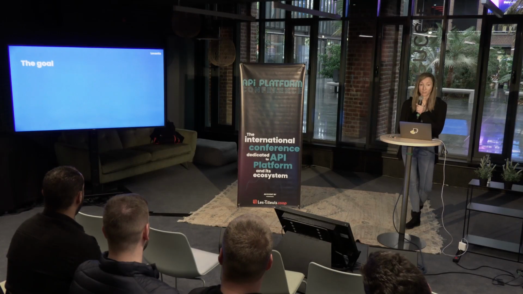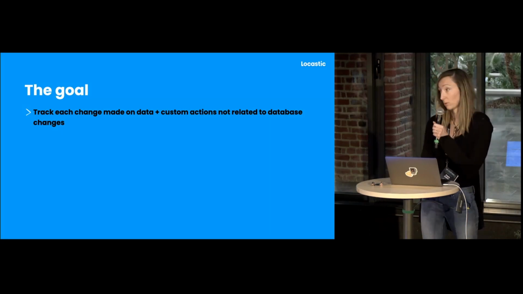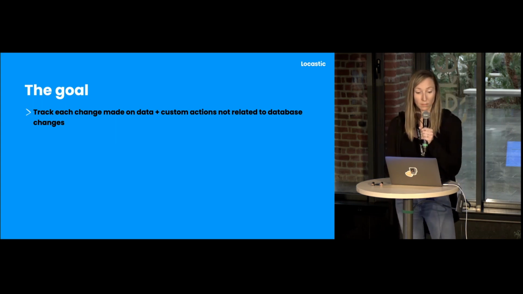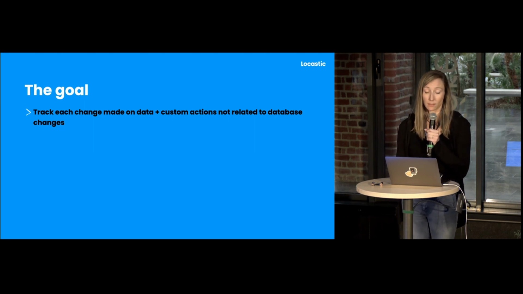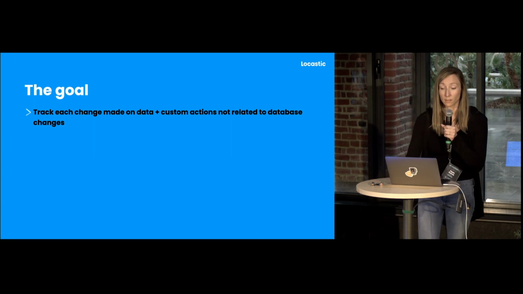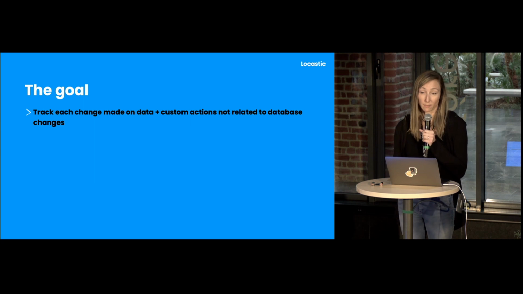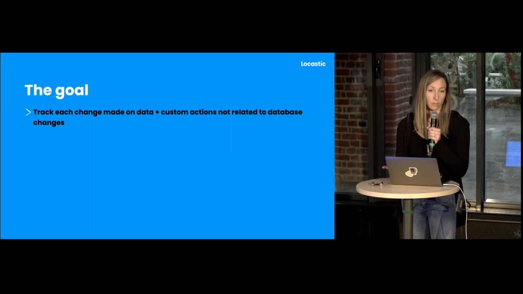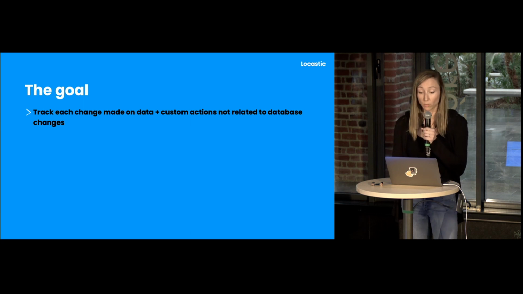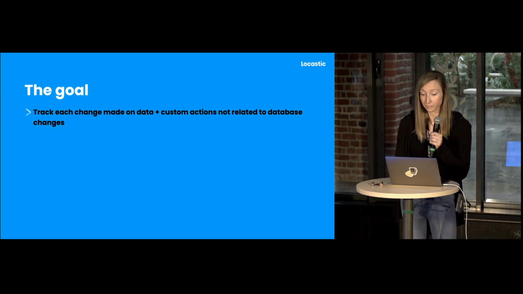So we wrote down a set of goals we need to fulfill in order to create this feature. The first one is to track each action made on data. That means to track the basic activities, which are create, delete, and edit actions. And also we should have the ability to add some custom action names. So for example, it could be a reminder was sent or some PDF was downloaded, which is not a classic CRUD action. Those are not actions that are made on the database, but we still want the option to track them.